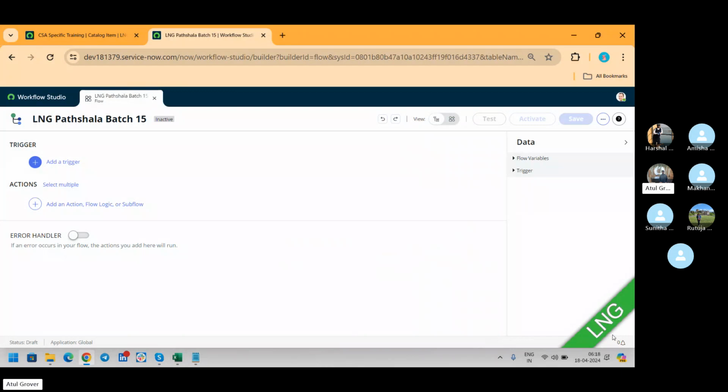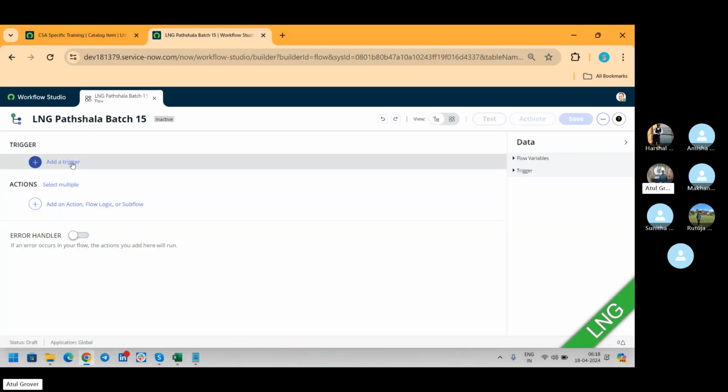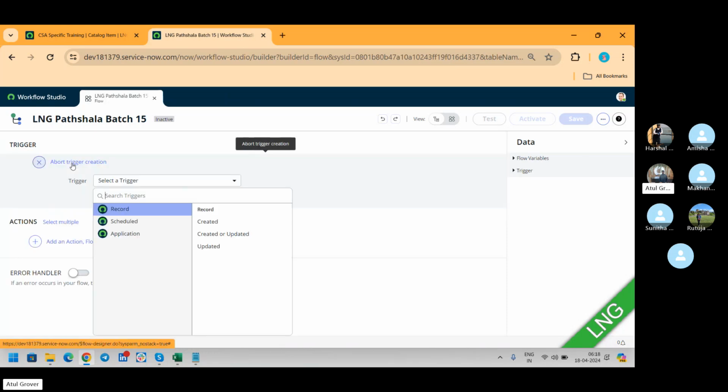In the flow, two things are important. One is a trigger. Trigger means on which table it should work, where it should attach. I said, Harshal, go there. Where to go? Go there, where, Atul? So that where has to be defined at the trigger. Now this is again a good part of flow designer. What do you want to do? You want to create a record, or you want to update the